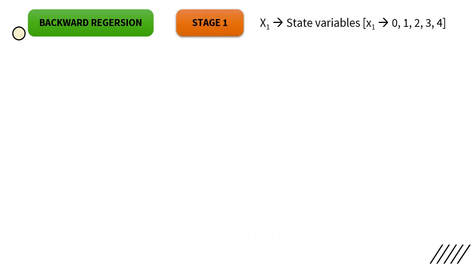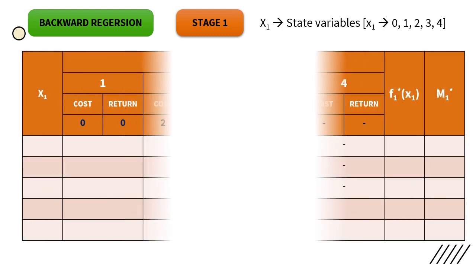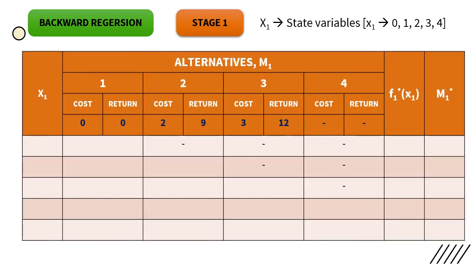In backward regression, again the stage 1 state variables are 0, 1, 2, 3 and 4. And my alternatives is my last plant. Plant 3 is considered as the M1 here. So whatever the table indicates here is for plant 1. So I am spending it accordingly. For 0, I am getting 0 here. My return is 0 and my alternative is 1. I spend 1 crore. The first table will be 0. I don't have 1 crore in this plan 3, so that is also 0.